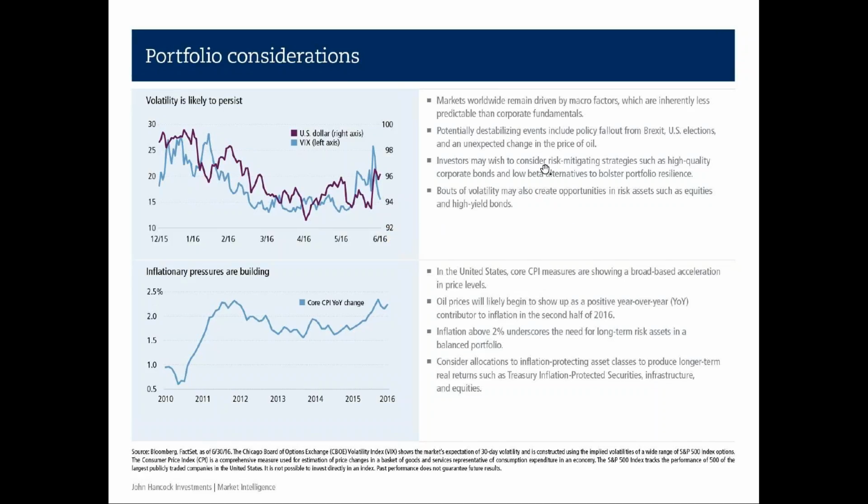Some things to consider, these last two bullets. High-quality bonds are a great place to be in volatile environments. We like the investment-grade corporates, as we talked about. And if you want to think about alternatives, you've got to do your homework, but there are alternatives that have lower, we'll call it beta, but let's say equity sensitivity. If they're not that tied to equity prices, that's something to consider.